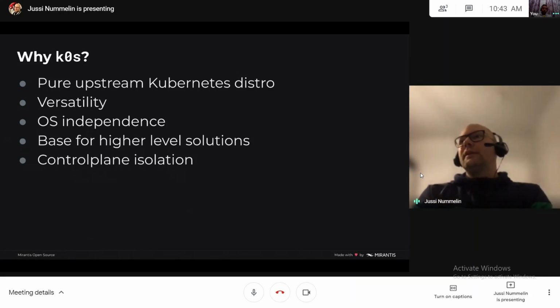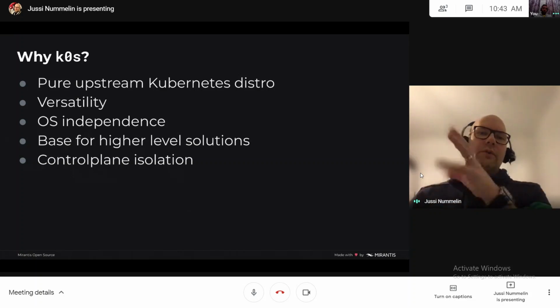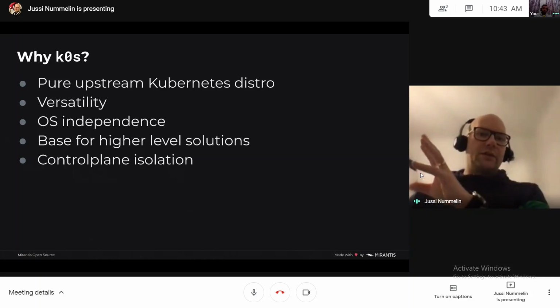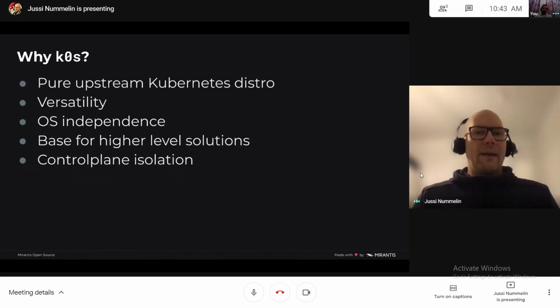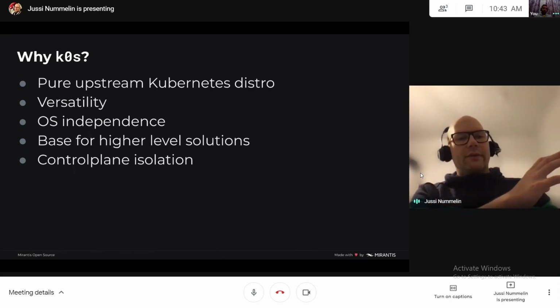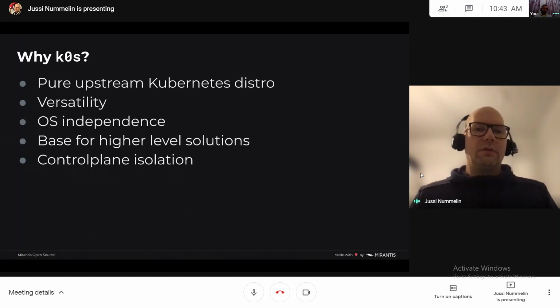So we need something versatile enough so that you can deploy it on one hand on your typical big cloud providers like Amazon's or on your private OpenStack, but then on the other hand, you have use cases where you want to deploy Kubernetes on smaller devices closer to the edge of the network.